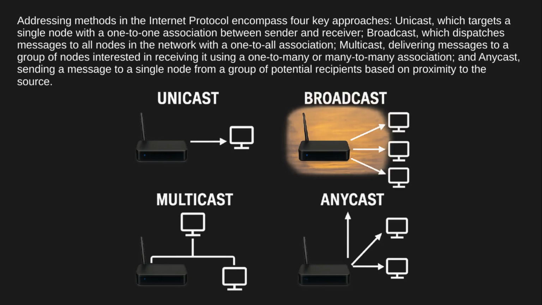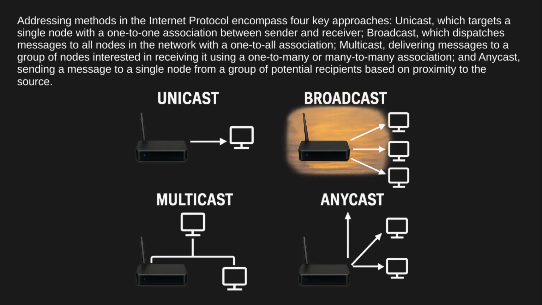Addressing methods in the Internet Protocol encompass 4 key approaches. Unicast, which targets a single node with a one-to-one association between sender and receiver. Broadcast, which dispatches messages to all nodes in the network with a one-to-all association. Multicast, delivering messages to a group of nodes interested in receiving it using a one-to-many or many-to-many association. And Anycast, sending a message to a single node from a group of potential recipients based on proximity to the